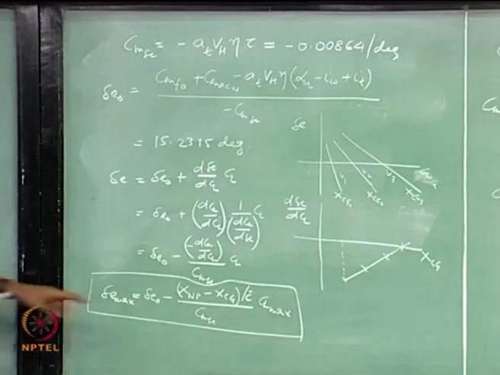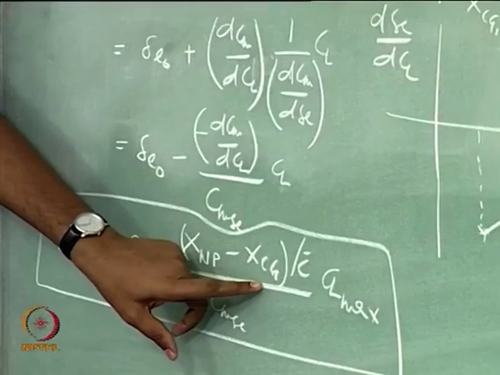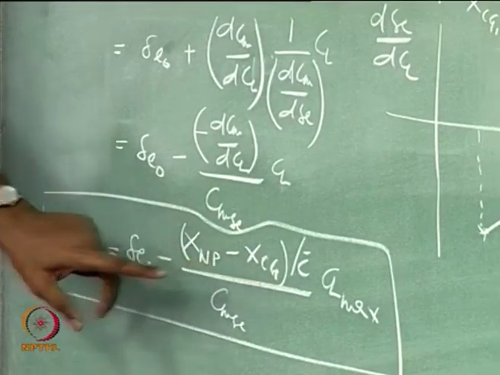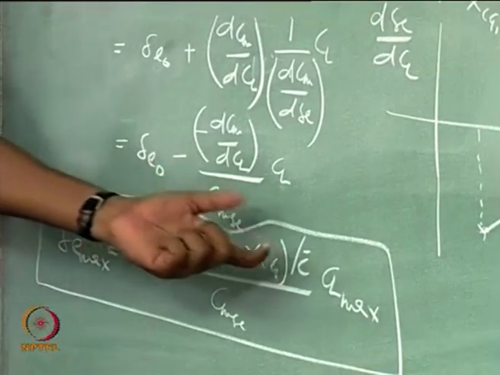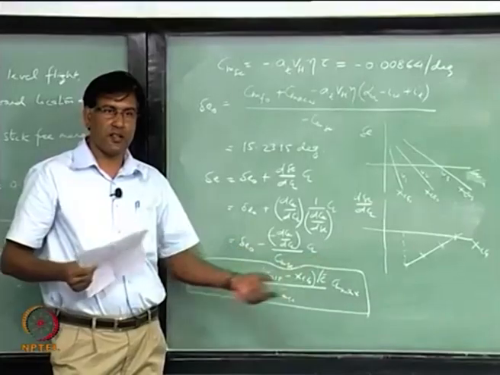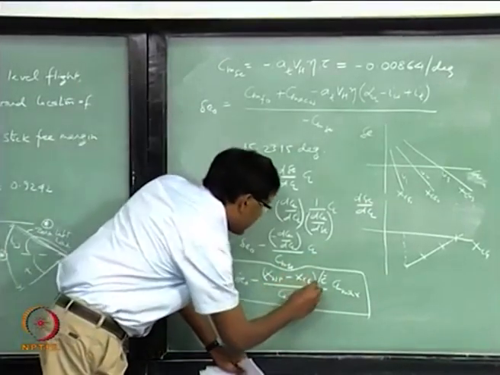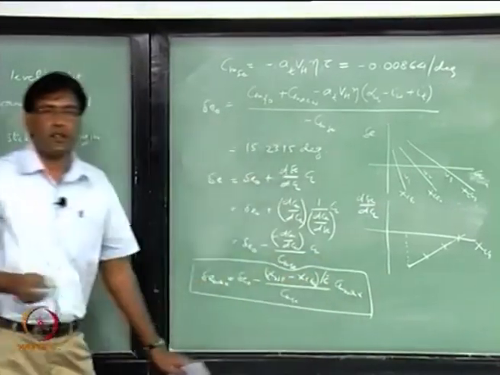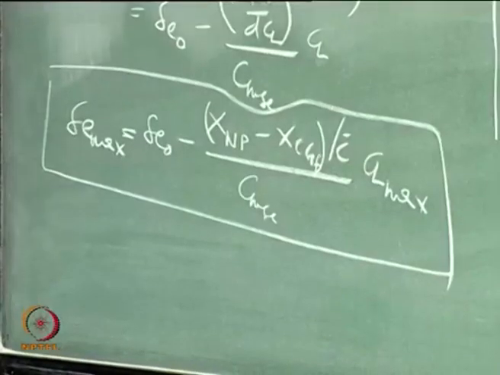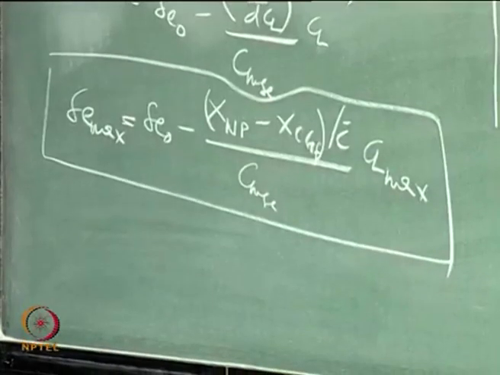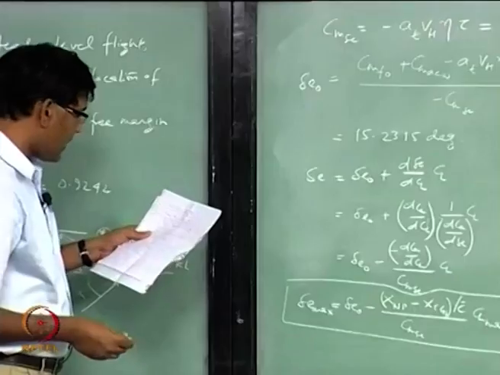But now this X CG is different. What is this X CG? Corresponding to delta E max, this X CG is the most forward location of the CG. So, I can put a small f there to indicate that this CG location is the most forward location of the CG. So, I can find out